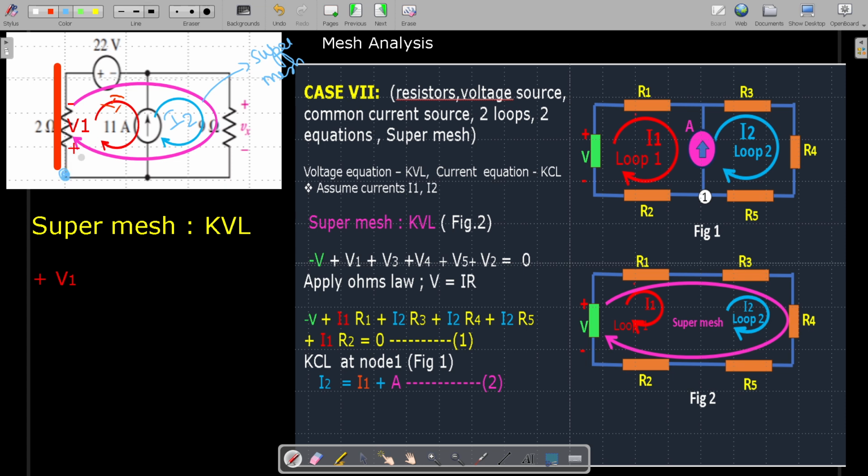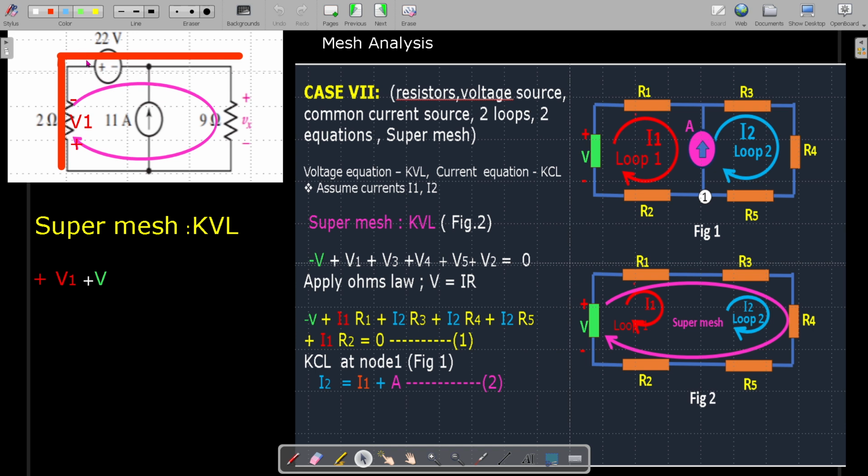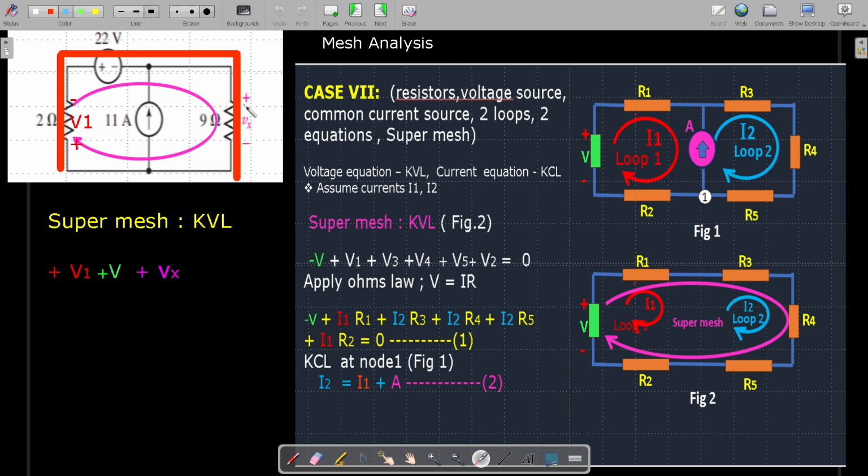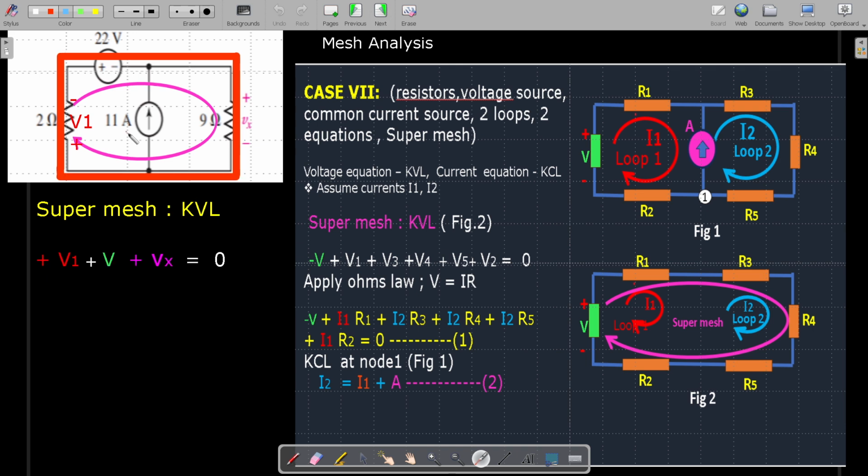We start from this bottom left corner, and we come across this voltage V1, that should be marked by S, because this can be taken as resistance number 1. So this is plus V1. When you traverse through this path, we encounter this 22 volts voltage source, and the entering point has the polarity plus. So it is plus V, that we put as plus 22 V. Then we traverse through this third path in which this Vx voltage drop is available with the positive polarity at the entering point. So it is plus Vx. Then we go through the last path, in which no element or voltage is available. So it is equal to 0. That's how we form this voltage equation.